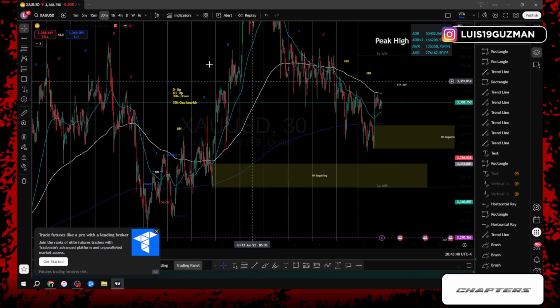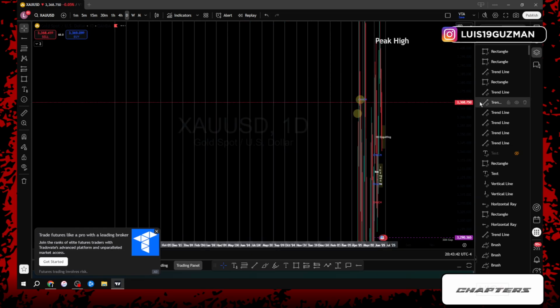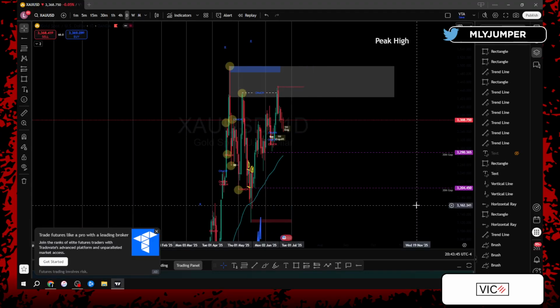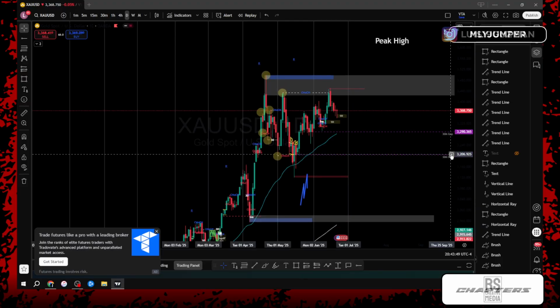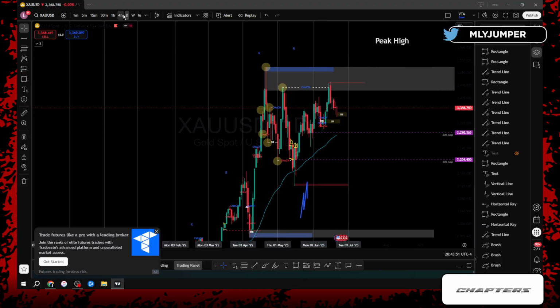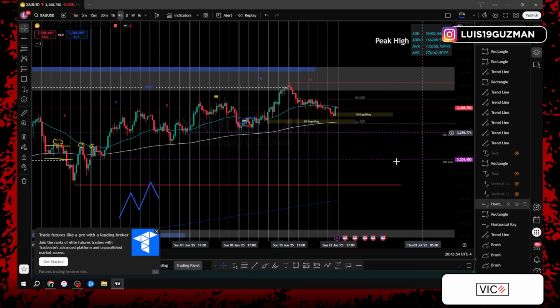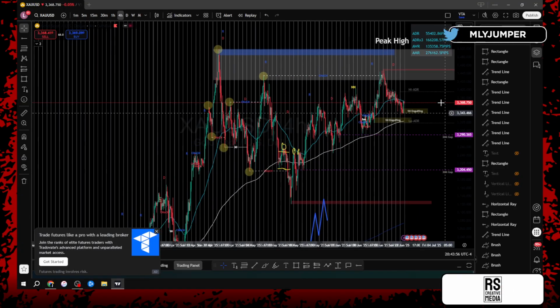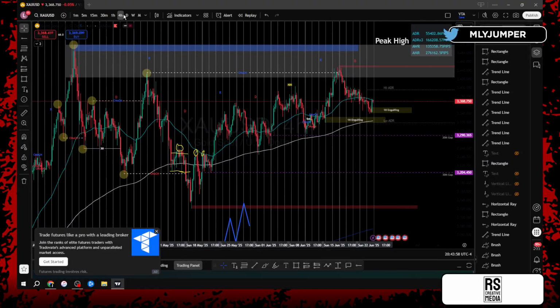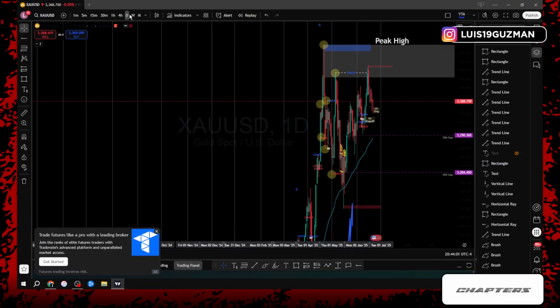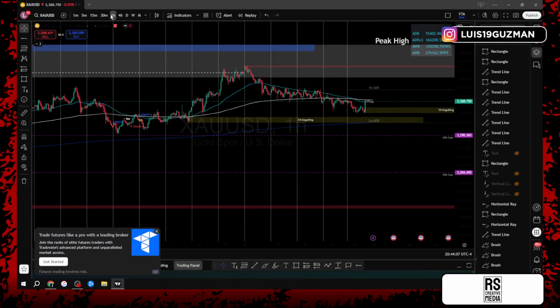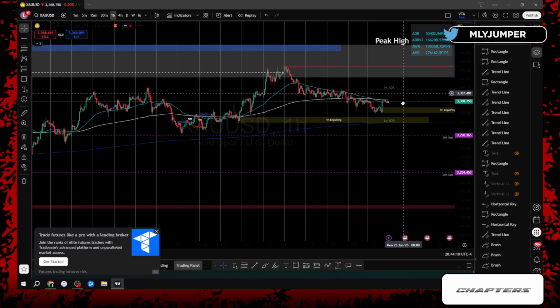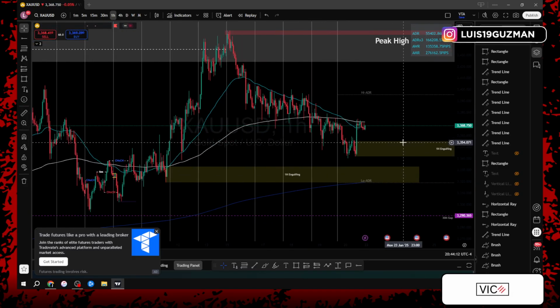This is all about understanding what time frame you're looking at, and also the time session that you're trading this, right? So on the daily time frame, there's not a lot that we could go off on. We know that we're in peak high territory. We know we're pretty much in level 3. We know that we want to see price bounce off the 50 EMA. We don't have none of that on the daily. We have none of that really on the 4 hour either. We're still below the 50 actually, right? On the 1 hour, right now we're right on the 50.